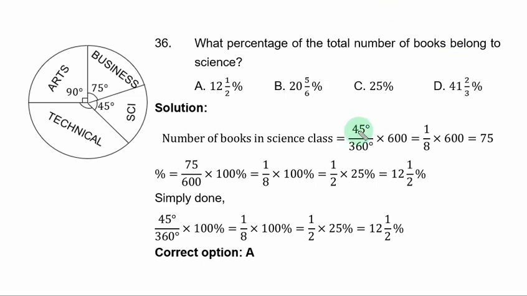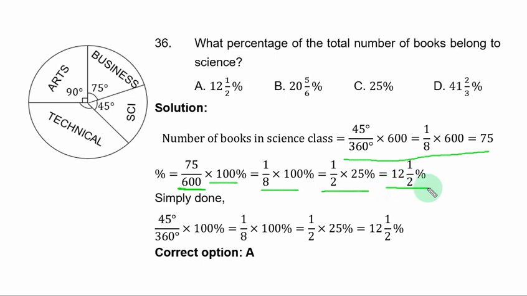If you do that, that is what you have here. If you multiply it by 100% and divide by the total books you have in the school, it becomes this. And when you simplify further, you have this, and 12 whole number